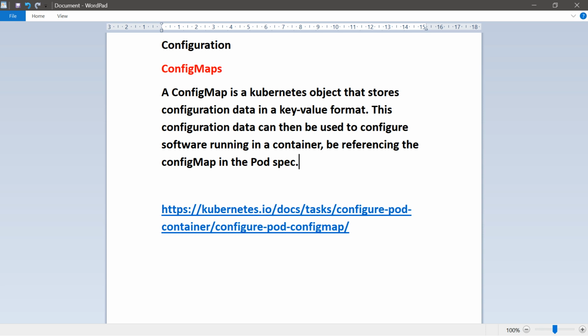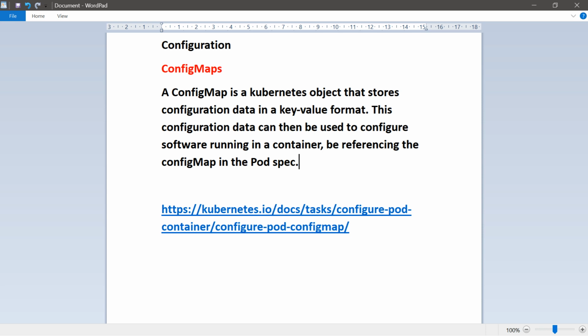A config map stores configuration data as key-value pairs. For example, if you pass a file into a container, then the file name becomes the key and the content of the file becomes the value. You must create a config map before referencing it in a pod spec.